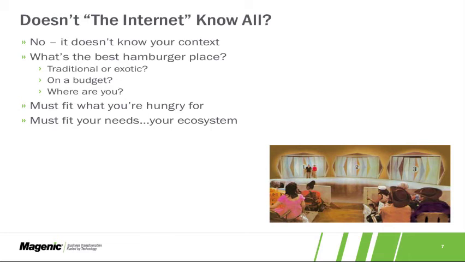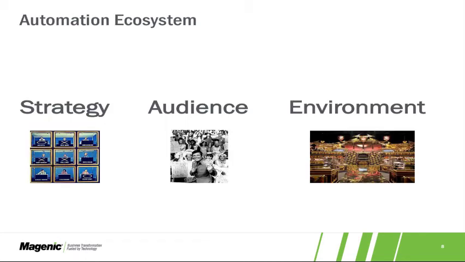So mapping that back out onto testing and automation, it's got to fit your needs. It's got to fit your needs, not my needs, not the company over in Silicon Valley who's kicking some kind of butt's needs. It's got to fit your needs and your ecosystem. So I like to look at the automation ecosystem, and I break this automation ecosystem into three parts: the strategy, the audience, and the environment. And we'll talk a little about each of these aspects,